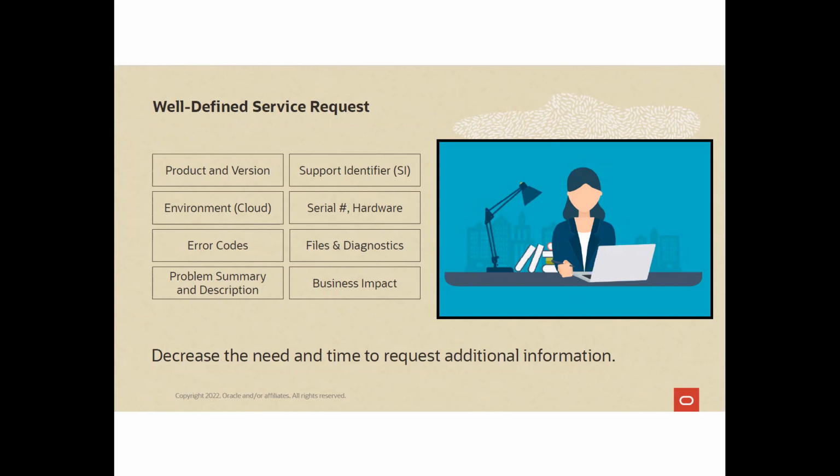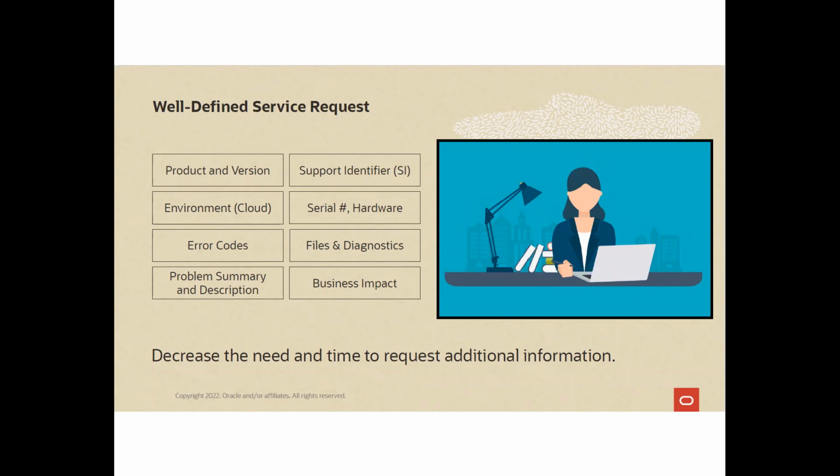You must have the support identifier that is attached to that product or service, and the environment where you're running. Is it a cloud environment? Is it an on-prem environment? Is it an engineered system or not? If it's hardware, you must have the serial number of that hardware and the hardware type,